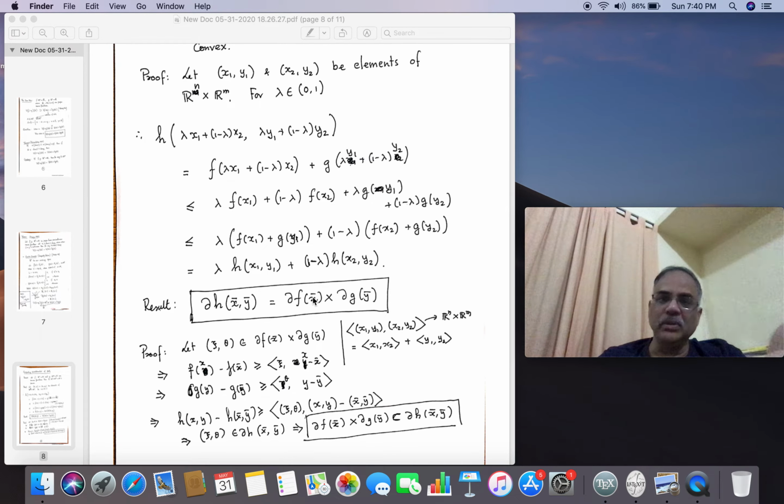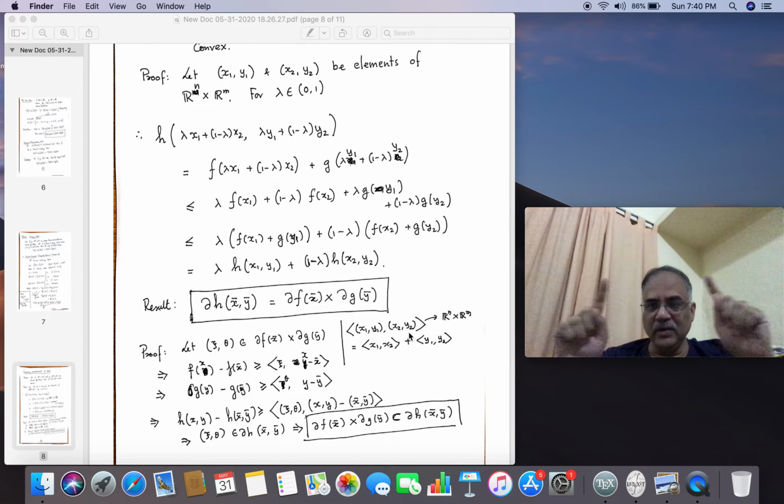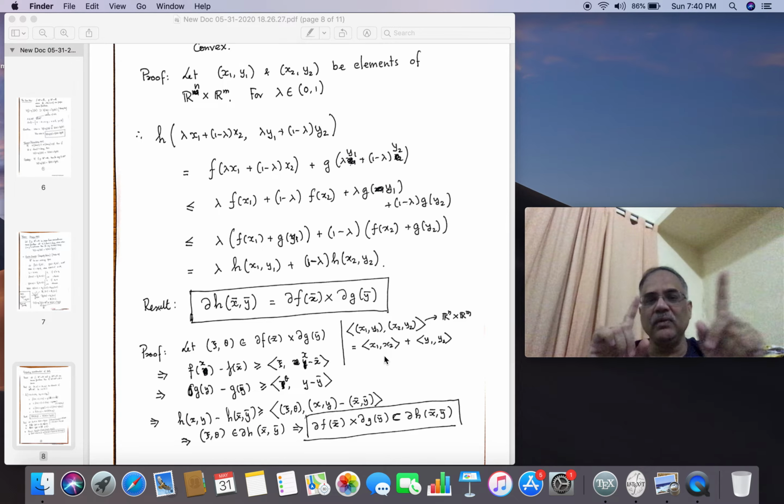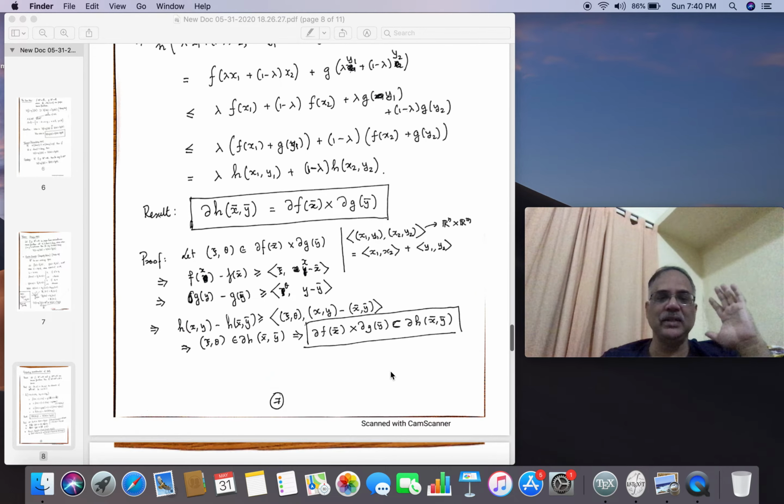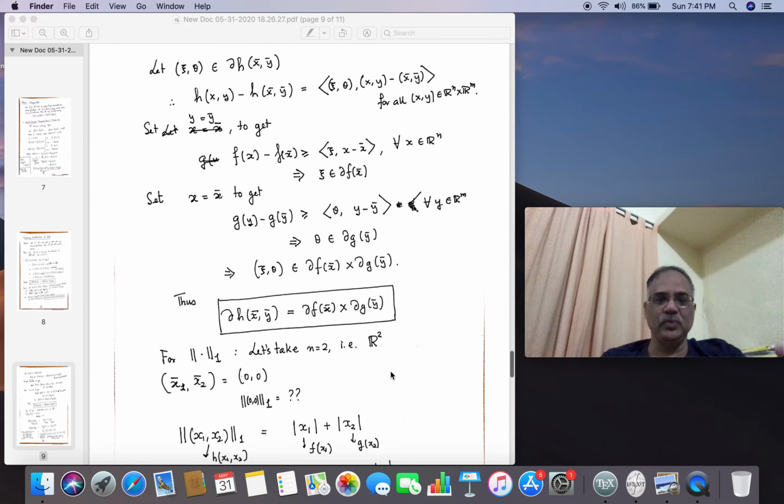But I want you to now focus on this result. Though the proof is done, I will not go through the proof. So you have to know that when you are in Rn cross Rm, if you have two elements in Rn cross Rm, the inner product there is defined as the sum of the inner products in Rn and Rm. These are two elements in Rn cross Rm, you take their inner product. Just as if you have x1 x2 plus y1 y2 when you have elements in R, here you will have x1 inner product x2 plus y1 inner product y2. That is how you define it. Once you know that, proving this is not a very difficult thing. So that's what you have to keep in mind.